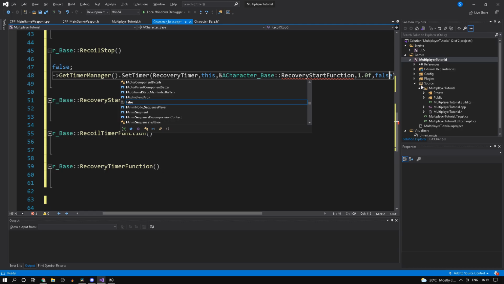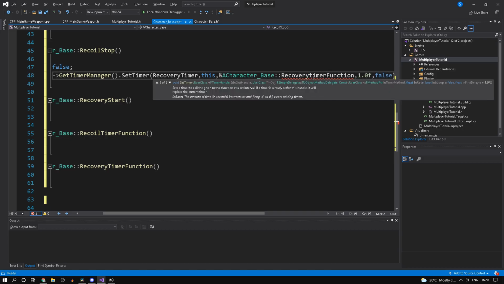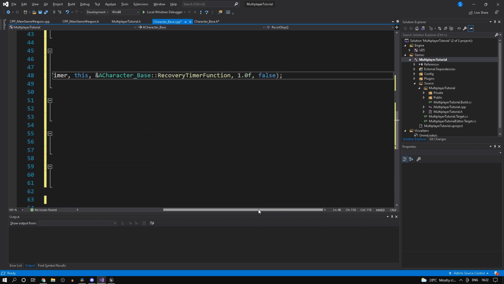So that's pretty much it actually. Just make sure I spelled that correctly. So recovery timer function here. Just terminate that with a semicolon over there.